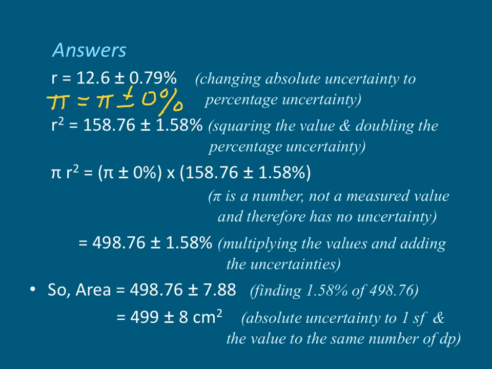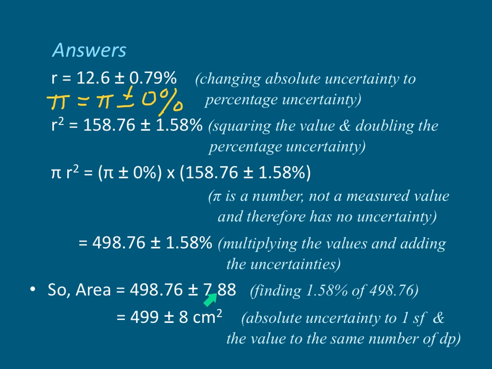Then we multiply r squared by pi. That's pi there. Multiply, that's r squared here. And then you multiply pi by this number here, r squared, and it gives you that. And then you add the 2 percentage uncertainties together, and it gives you that. Then you convert the percentage uncertainty back to absolute uncertainty by multiplying 1.58% by this value here, and it gives